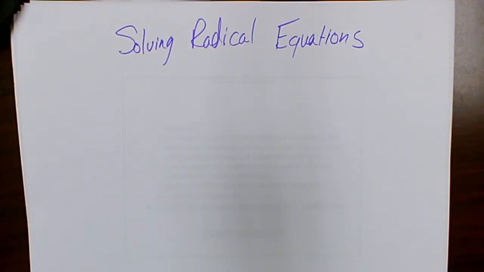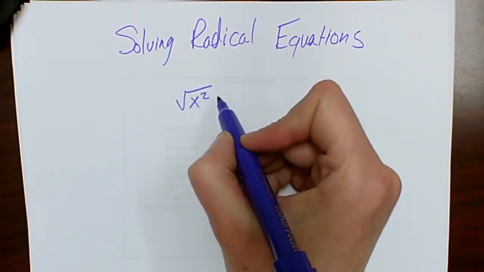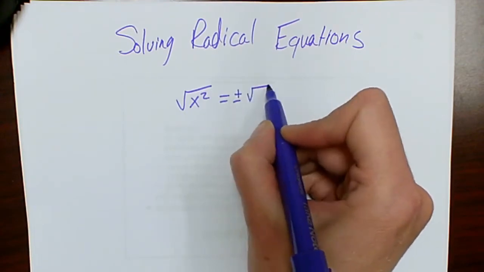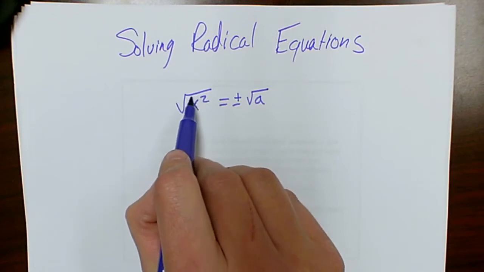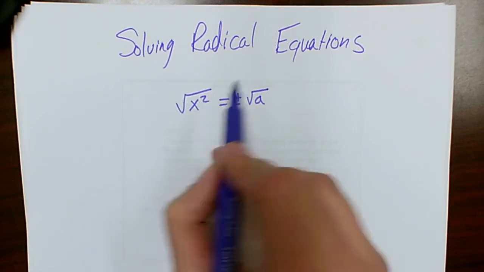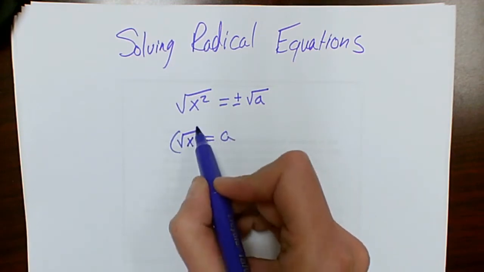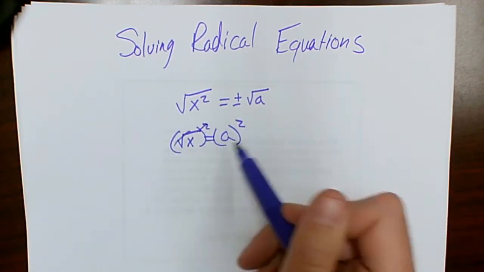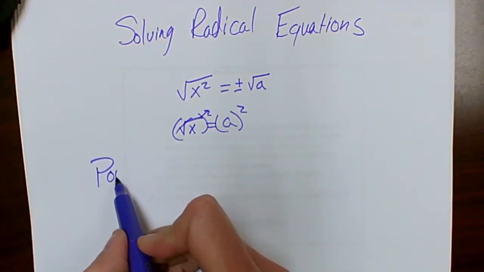We will solve radical equations. If you remember the square root method, we have square root of x, or we have x squared. If you square root both sides, we'll get plus and minus square root a. So if the square root cancels out the square, then if we have something under a square root, we can actually raise that square root to the power of two to cancel that out. So this is called the power rule,